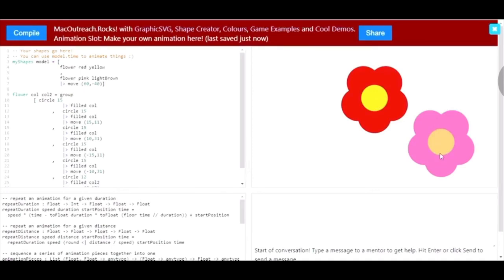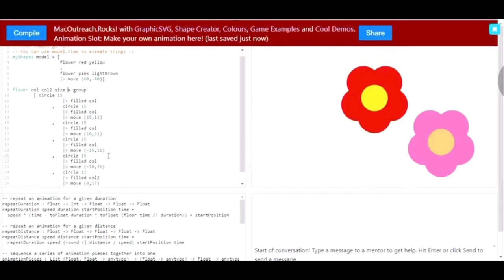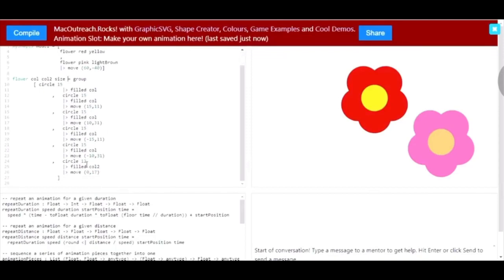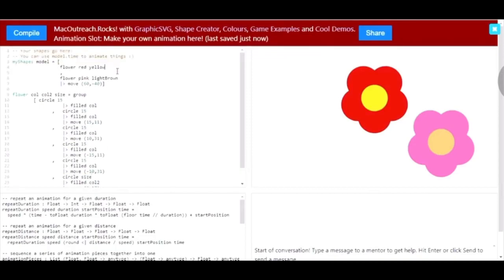Now let's say I want to make a new flower, but for that one flower, I want the middle part to be even smaller than it is for the other two flowers. So what I can do is make a new variable. I'm going to call this one size, but you can use any word as long as the first letter is lowercase. And I'm going to change the 12 to be the variable size. Now again, we have to define the variables, so I'm going to keep the first two 12 as they were originally, and now I'm going to make a new flower,